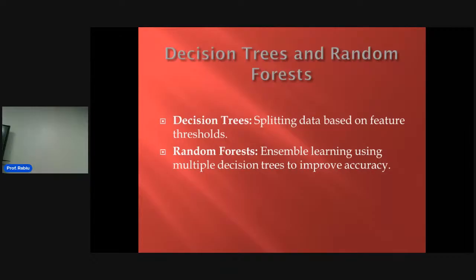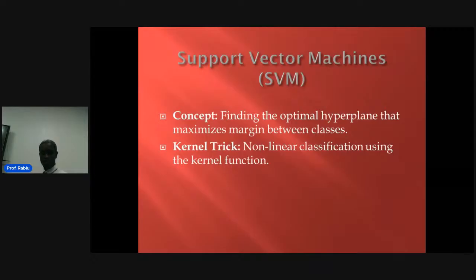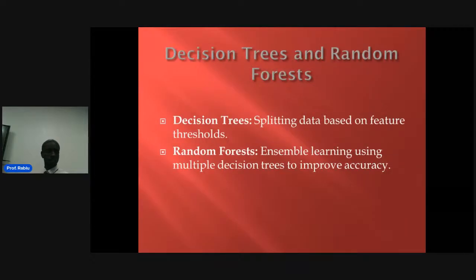Whatever we have in the decision tree will be multiplied. And why we need to do that? Because we need to be more precise. We need to have more precision. We want to increase the efficiency. This decision tree alone can give us something. When we multiply the multiple use of this decision tree, it will increase the efficiency of the output or the accuracy.